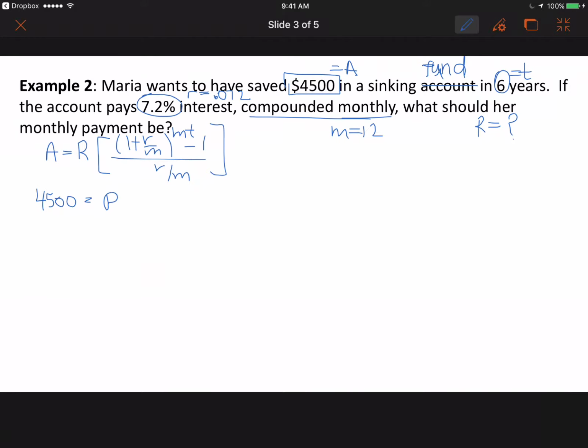4,500 equals R times 1 plus 0.072 divided by 12 to the 12 times 6 minus 1, all divided by 0.072 divided by 12. All right, now we need to solve for R here. And what we have is R times a fraction. So how do we remove that fraction? We multiply by the reciprocal of this big fraction on either side. Okay? So when I do that, what I get is